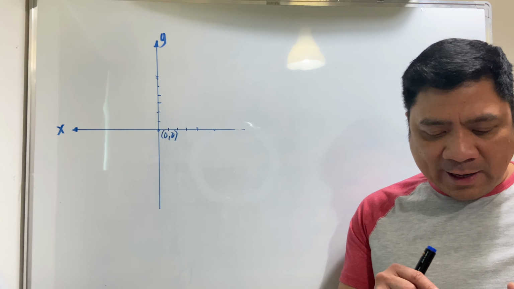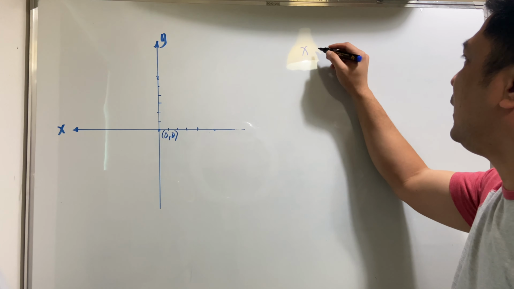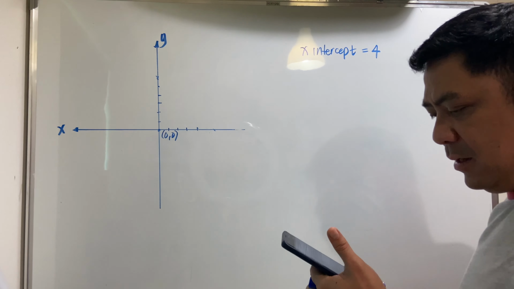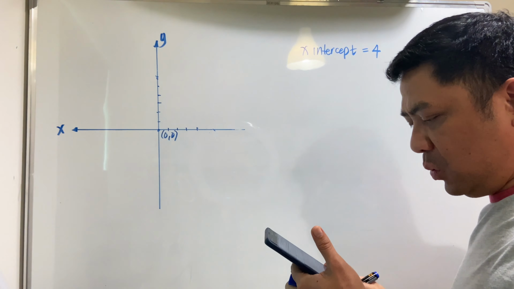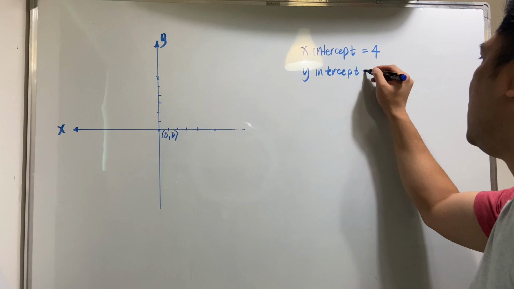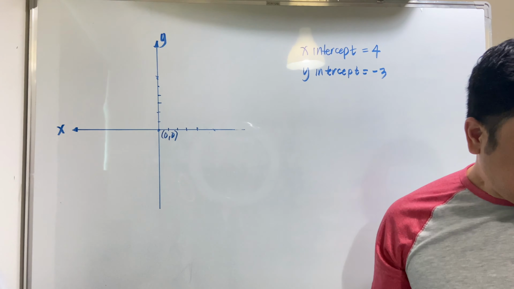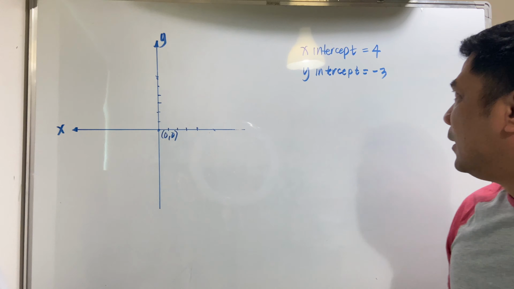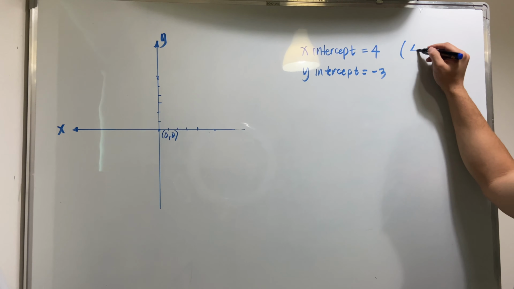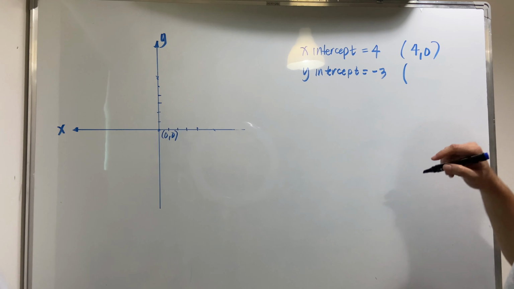The equation of the line that has an x-intercept of 4. Okay, so the first given is x-intercept, which is equal to 4, and y-intercept, which is equal to negative 3. So how will we solve the equation of the line? So in this case, let's try to point the first intercept first. So that means this 4, 0 is our first point, and then our y-intercept, which is equal to